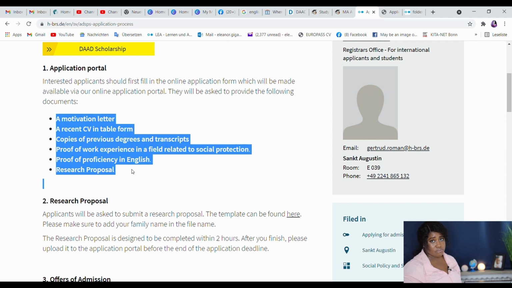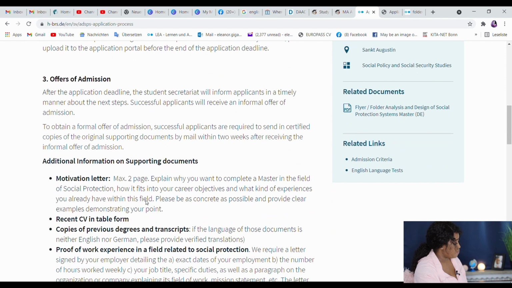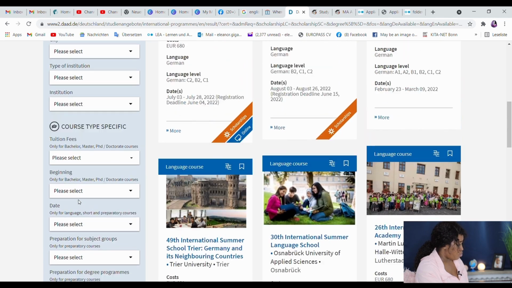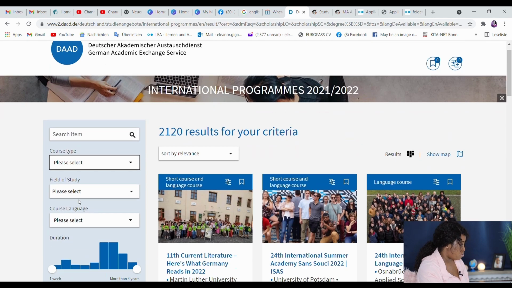Sometimes you don't meet up to that, but it's okay to still apply, because you might be lacking or for some reason not able to compete, but yes, still apply. You never know. And then that's it. It's as easy as that. There's nothing complicated, and it's the same thing if you go to the website,